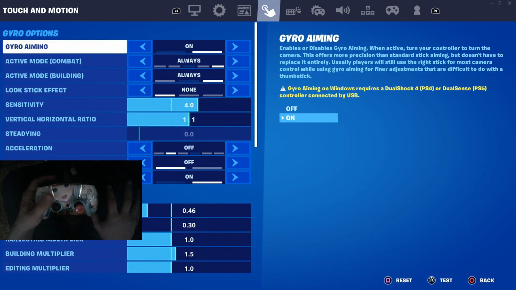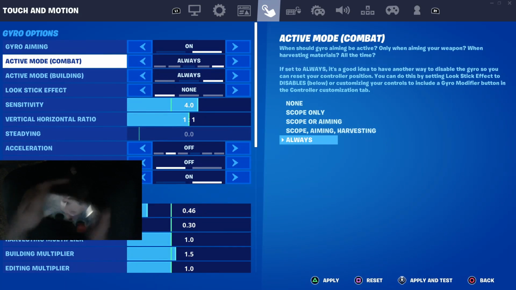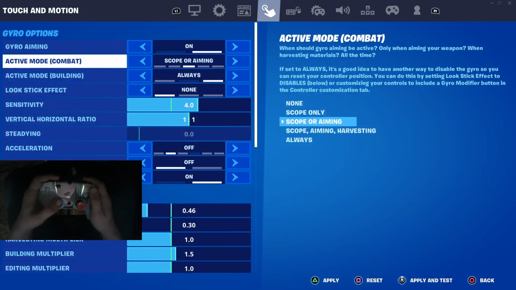Alright, now here's what I would recommend. For active mode, I've seen a lot of recommendations to use scope or aiming. I don't recommend this unless you're very new to gyro, because you're gonna want to use your shotgun a lot, so you're gonna want to hit these flicks whenever you're fighting. And if you have it on scope or aiming, that means you can't have that fast gyro editing. But if you're new, I would recommend just practicing on this till you get the hang of it, and then